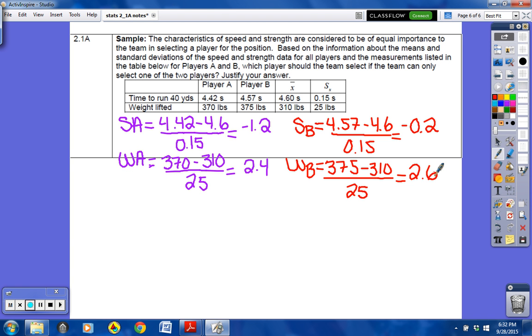So it looks like player B kind of has it. Player B has it for the weight. They are stronger. But when I actually think about this in context, for speed, you don't want to be above